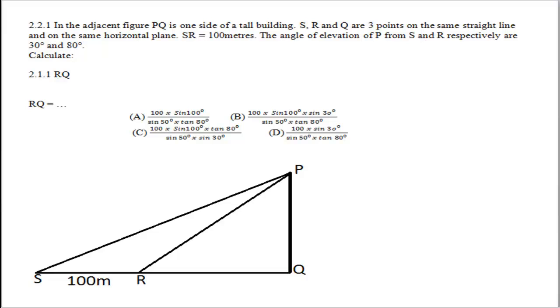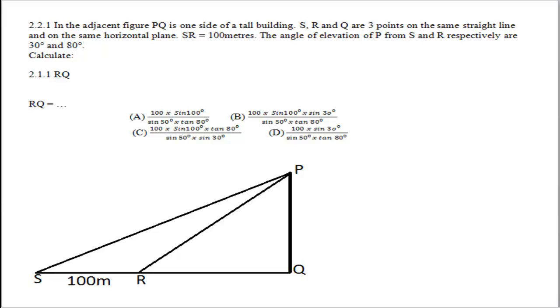Right, in this question here, which is the problems on 2 and 3 dimension, in the adjacent figure, obviously we've got the figure below. PQ is one side of a tall building. S, R and Q are 3 points on the same straight line, and SR is 100 meters. The angles of elevation of P from S and R respectively are 30 degrees and